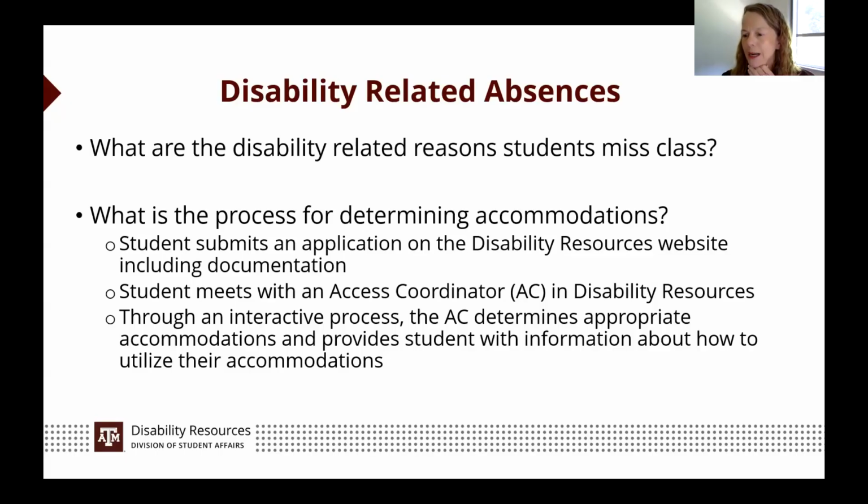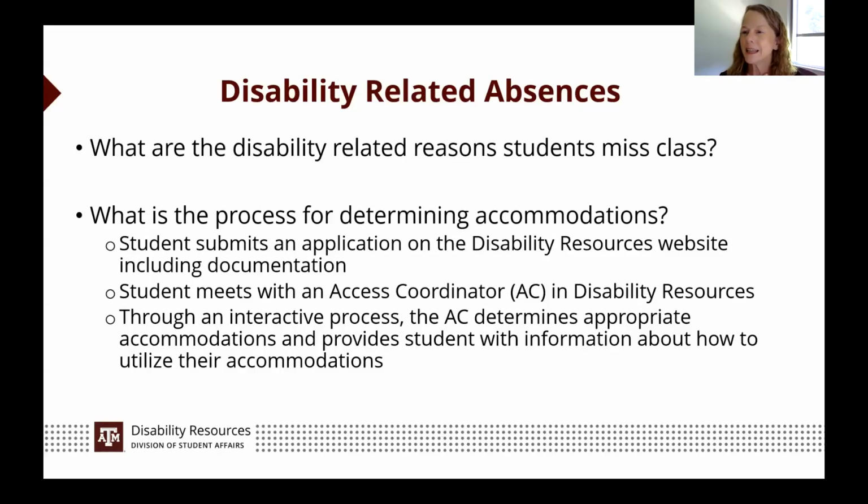You got it. So migraines, anxiety disorder. So doctor's appointments, typically no. So that would normally not be a disability related absence unless it's a specialist and they can only actually come at certain times, and we might work with them on that. Chronic illness definitely could be. Surgery maybe. Pregnancy or childbirth would, yes, but that would not go through our office. So that would go through the Title IX office.